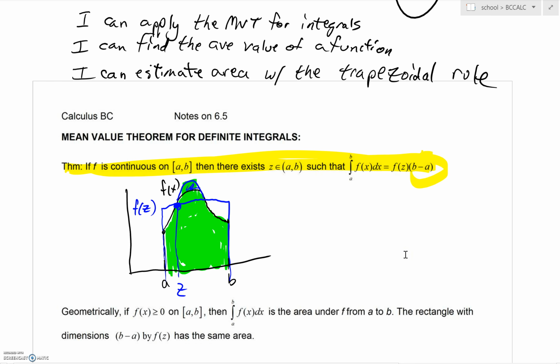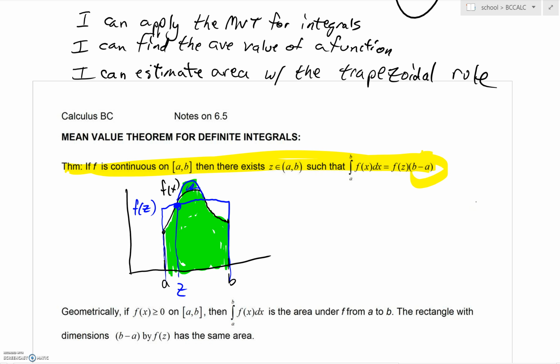Calculus BC, we're looking at section 6.5, and there's a lot packed in here. Look at our first learning target: I can apply the mean value theorem for integrals. An immediate follow-up learning target will be: I can find the average value of a function. And finally, today we're going to estimate area with not a rectangle approximation method, but using something called the trapezoidal